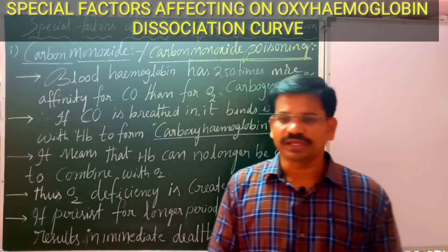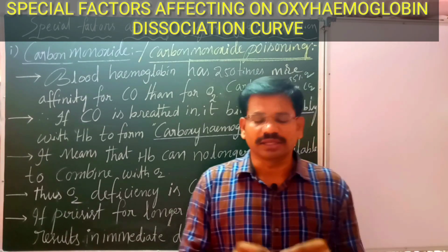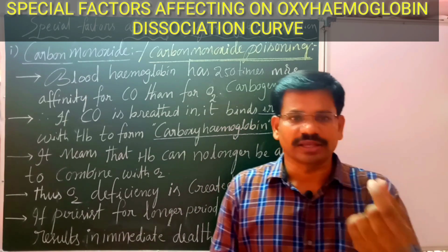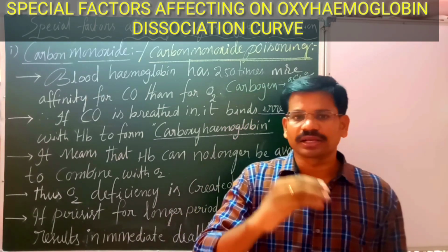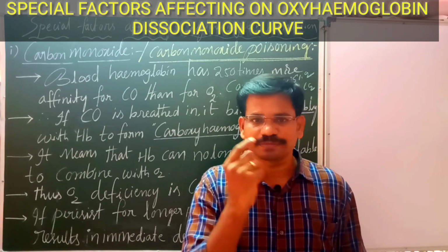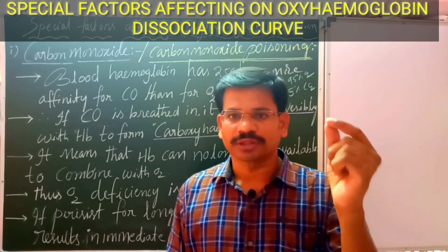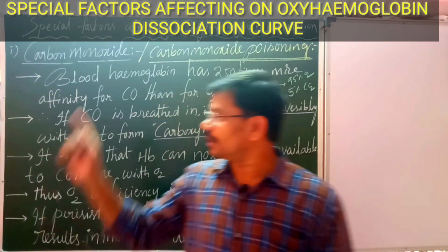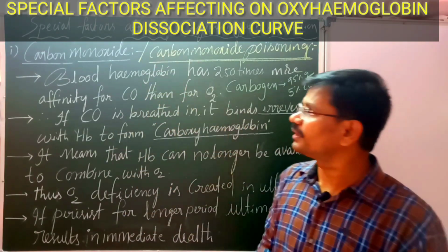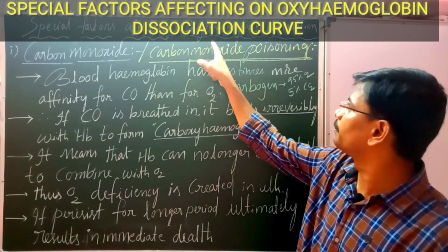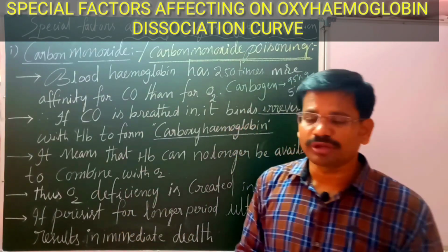The symptoms: mostly the lips and the oral mucosa appear bright, in the sense that they look cherry colored, right? Like cherry fruits, the blood color changes and it appears on the lips and in the mouth also. By this we can identify people who are suffering from carbon monoxide poisoning. So this is also one of the factors affecting carboxyhemoglobin dissociation. In the next one we are going to talk about